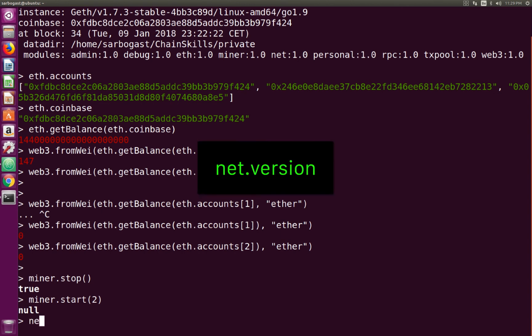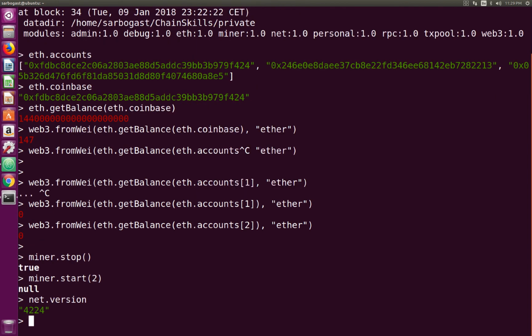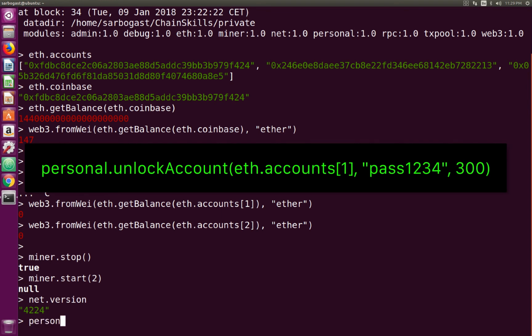I can also use net.version to get the chain ID, the network identifier. And last but not least, I can also use personal.unlockAccount to unlock an account. So an account is associated with a private key, and this private key is protected with a password. So if you want to be able to use an account to sign a transaction, you first need to unlock it. So here, for example, we want to